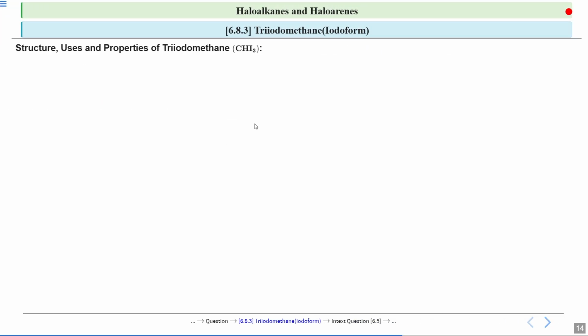Okay, now let's focus on our third polyhalogen compound under section 6.8.3, which is triiodomethane, or you can also call this compound iodoform. Its structure, uses, and properties. Let's see, CHI3. So the structure is this, where we have a single carbon compound. This carbon is connected with 1 hydrogen and 3 iodine atoms. So this is CHI3,